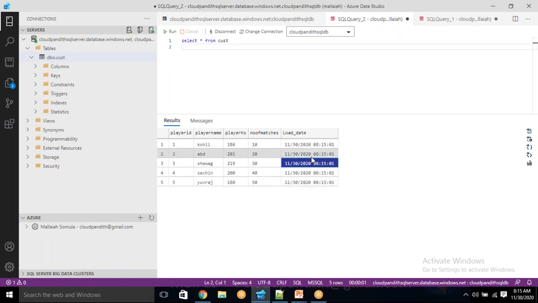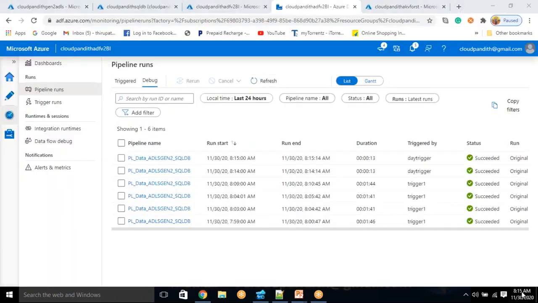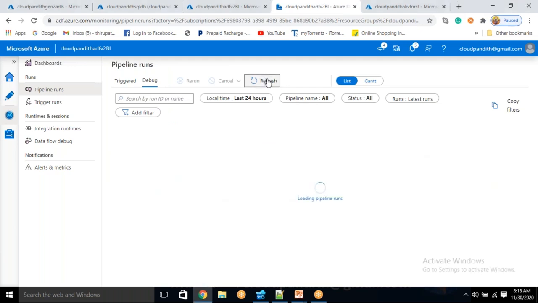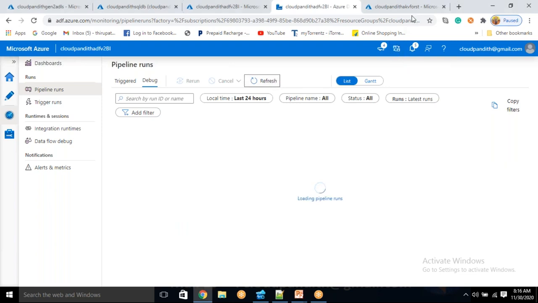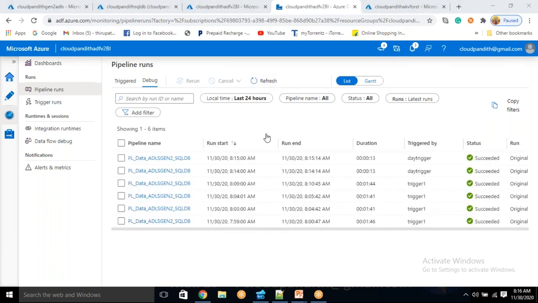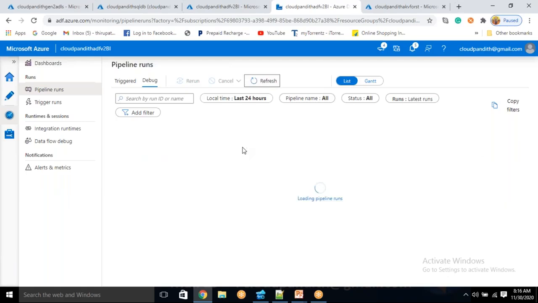Now come back and let's check the timing. Within 5 seconds the pipeline should run, but it is not going to run because we scheduled our pipeline at 8:17. The next run is going to happen at 8:17. We'll see that. At 8:16 it is not running. Again it is going to run at 8:17. In a day, if you want to execute multiple times, it is possible. But these all things you cannot do